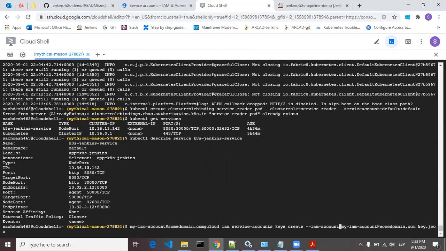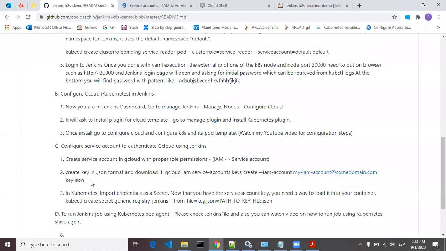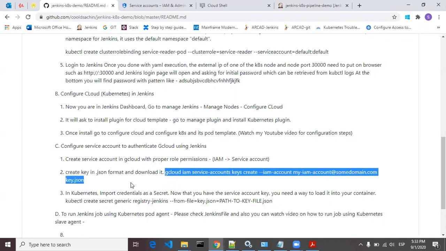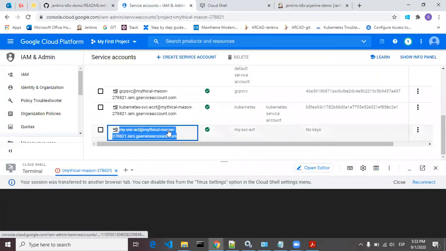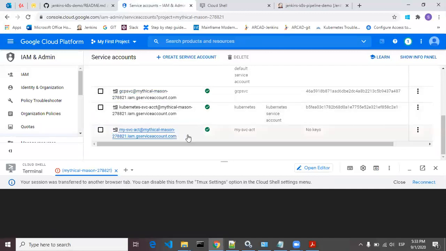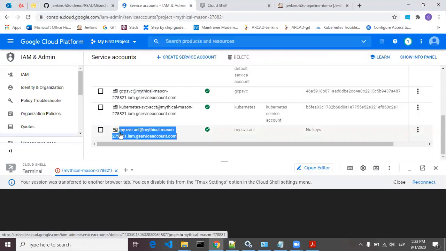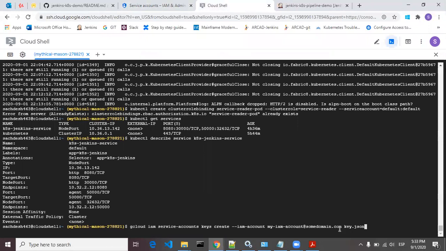This is the service account which we just created, and this is the key.json.